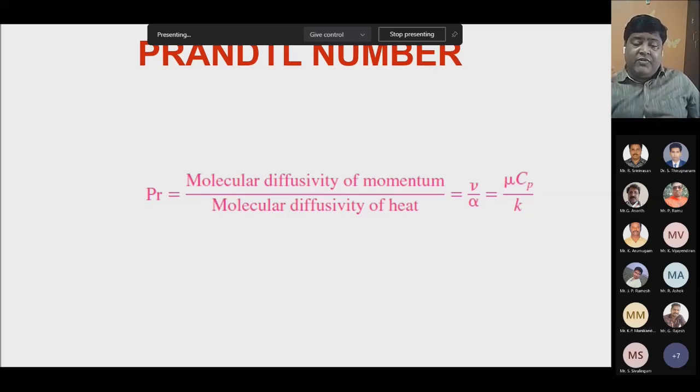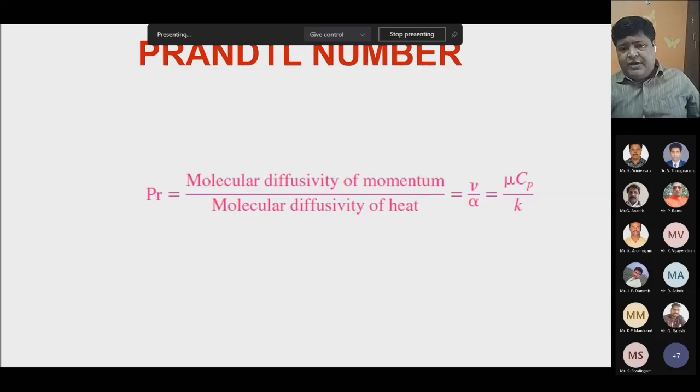We want the thermal diffusivity to be more, and we want the numerator, the momentum diffusivity, to be minimum. So in that case, the Prandtl number has to be less. For any heat transfer application, we have to select the lowest Prandtl number, so that it will give very effective heat transfer results. If we select a high Prandtl number fluid, then the force required to pump the fluid will be enormous, and ultimately the entire process will not be energy efficient.